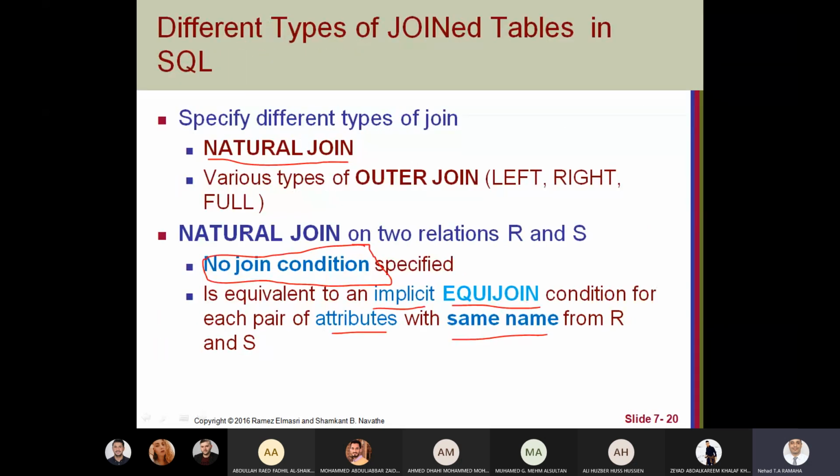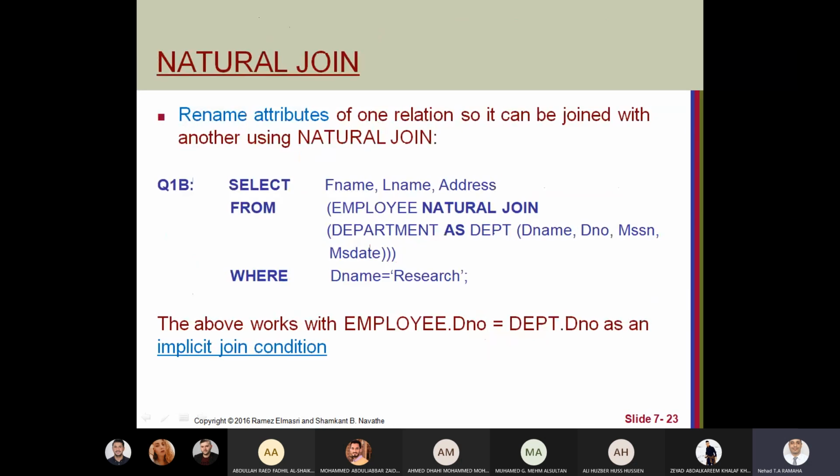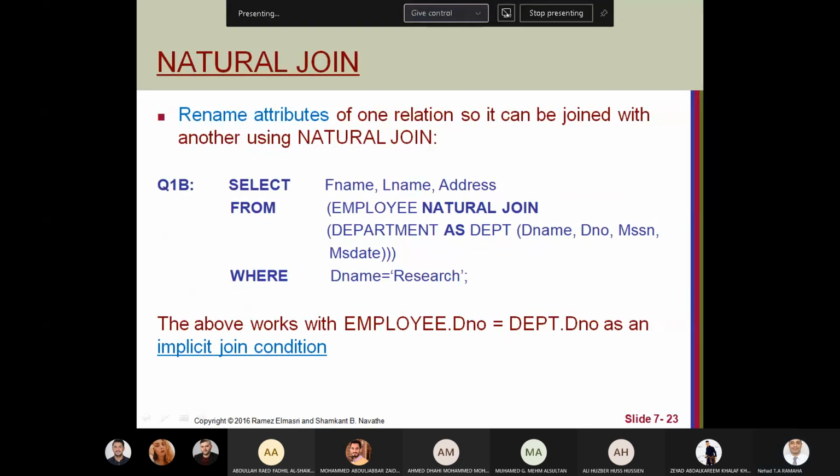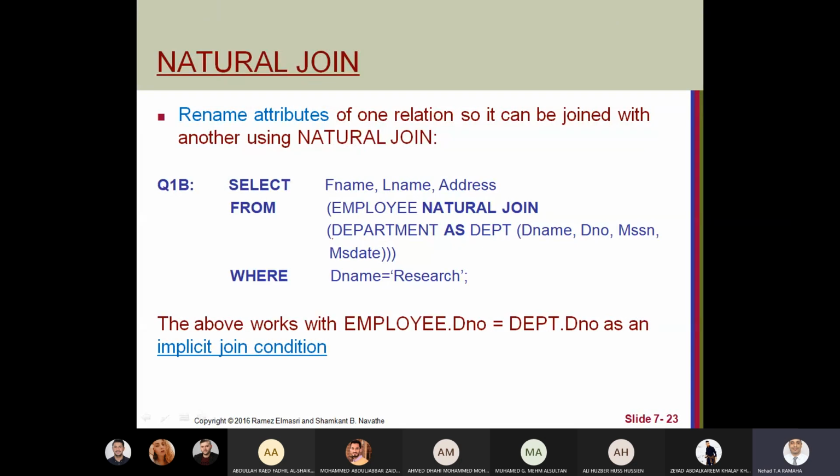So usually if we don't have attributes with the same name, to use natural join, we can rename attributes. For example, here we rename department as dept, and we change department name, department number to, this is the most important for us. We change here the department information.